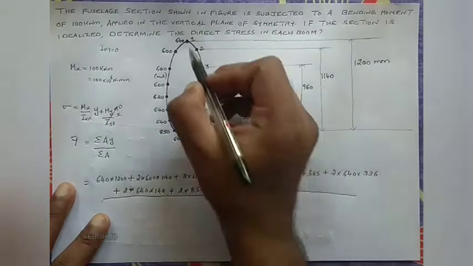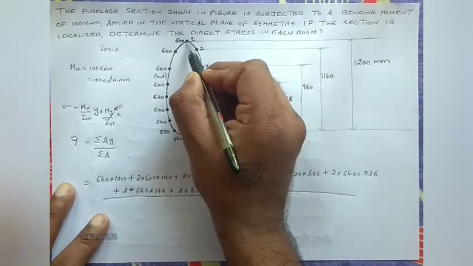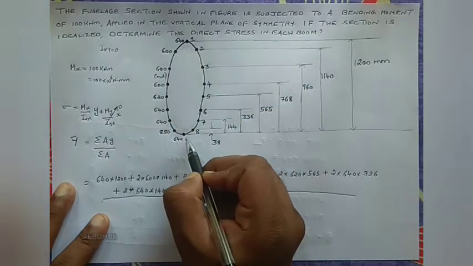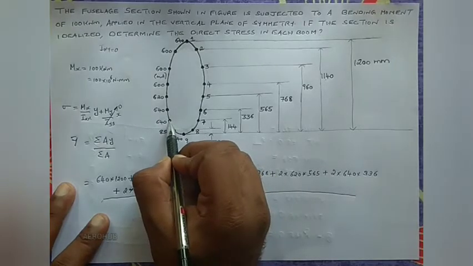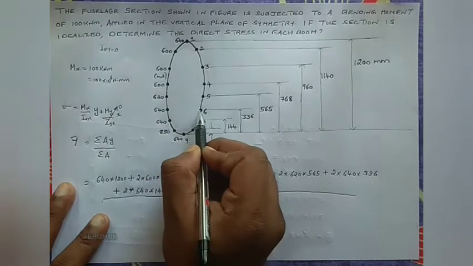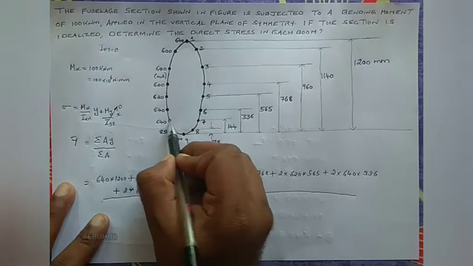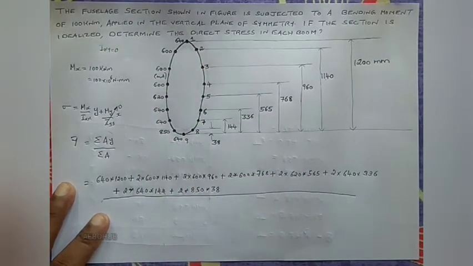So you can see we have several boom areas which are having equal boom area. For example, we have boom area number 1, boom area number 9 having same boom area of 640, and we have boom area number 7 and this one 640, and this boom area number 6 and this one also 640. So here it will be having 1, 2, 3, 4, 5, 6. So we have 6 boom areas having the equal area of 640 millimeter square.